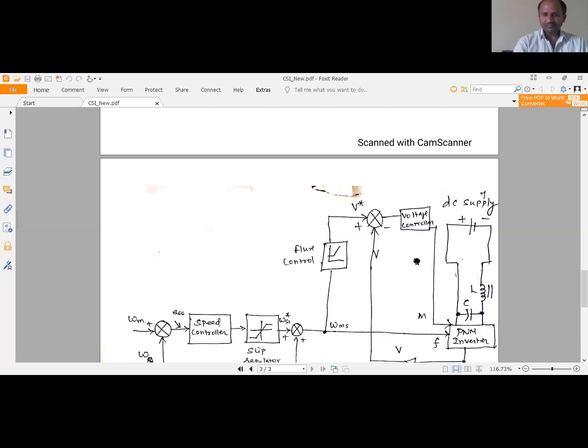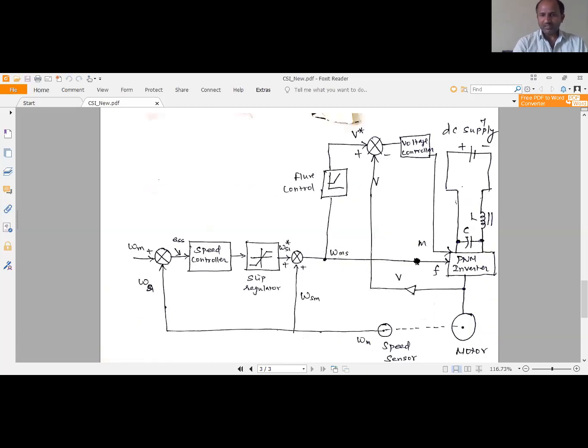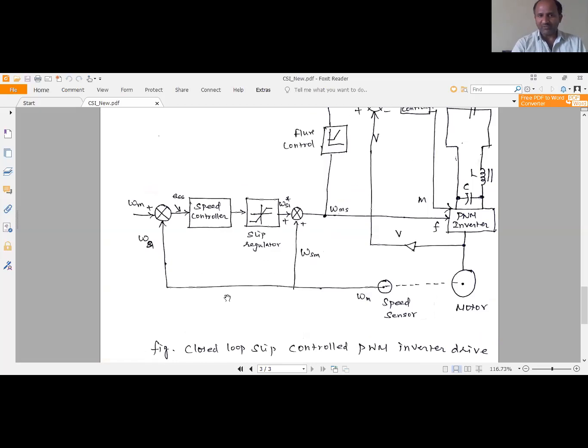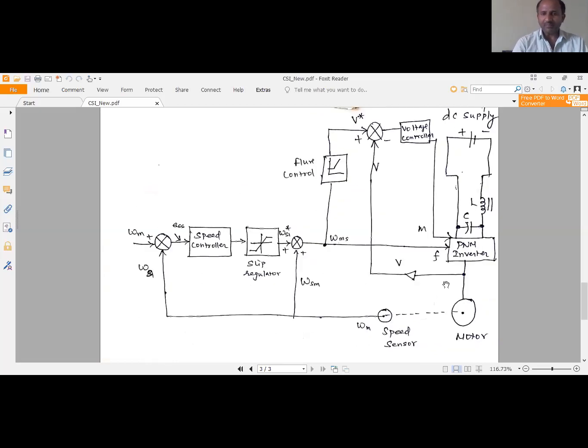And here also, the feedback part is how the speed of the induction motor is controlled. The concept is only by varying the supply voltage and the frequency. By varying these two parameters we can control the speed of the induction motor. So here also the speed of the induction motor can be controlled by variable frequency and variable supply voltage.